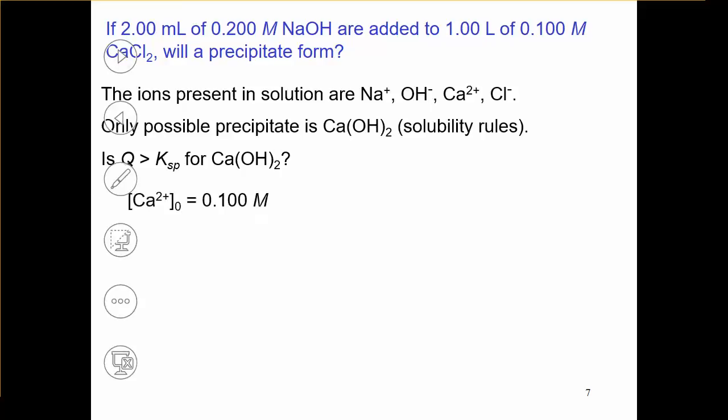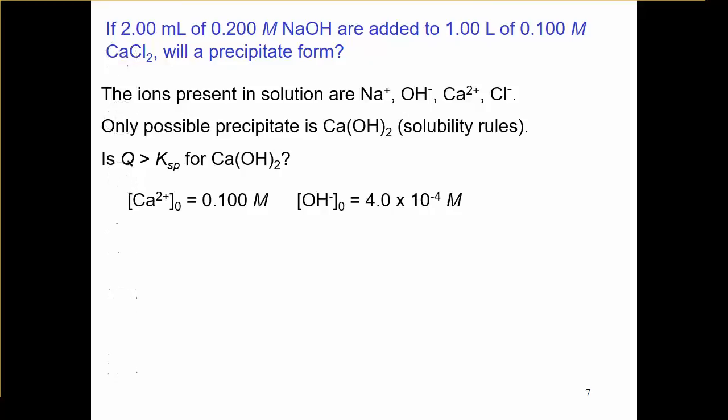Okay. So calcium 2+ equals 0.1 molar. Hydroxide equals 4 times 10 to the negative 4 molar. How did we get all that? So how do you know calcium? Cl and Na are just the spectator ions. Sodium has nothing to do with this,